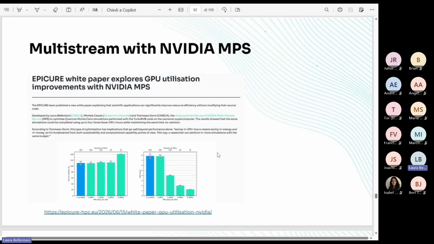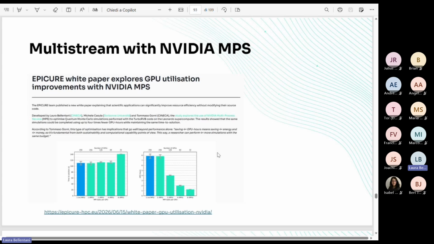And basically, with NVIDIA MPS, we have been able to run with the same time to solution on 16 nodes instead of 64, thus significantly improving the efficiency in terms of cost and energy consumption.